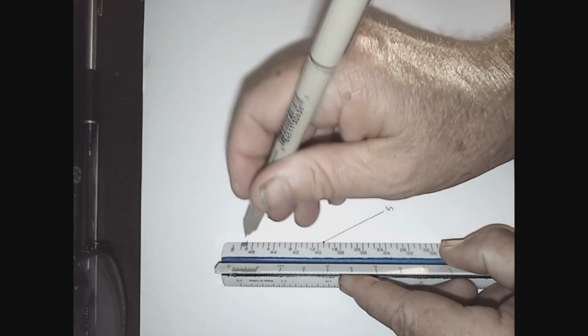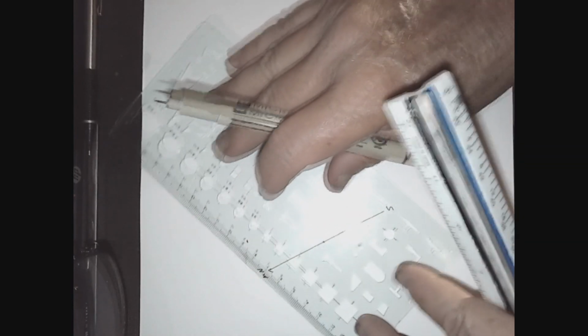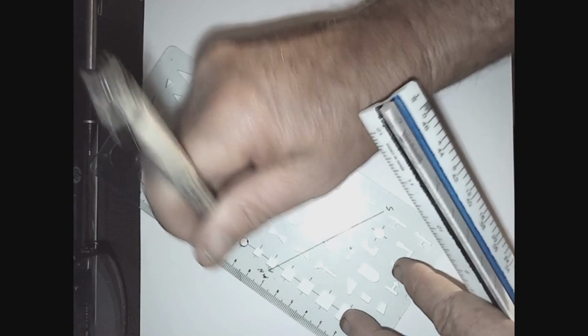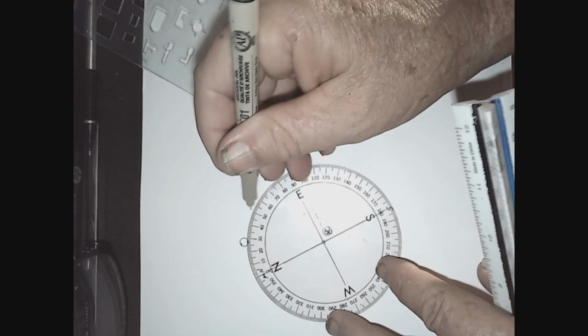and oddly enough, that's our point right there. So then we put a tree on here, and because we measured against the trunk of the tree, we want to put the tree behind it. So there's our tree. Now, let's say that our next bearing was 52 degrees to a fence post. So we come out here, we get everything aligned, we find 52 degrees, we put a tick mark, and then